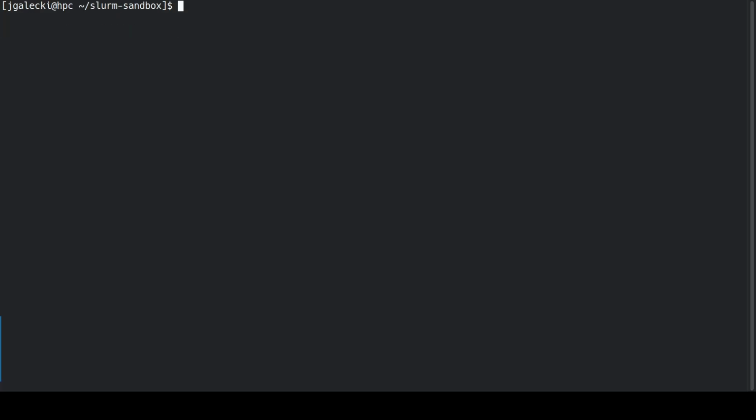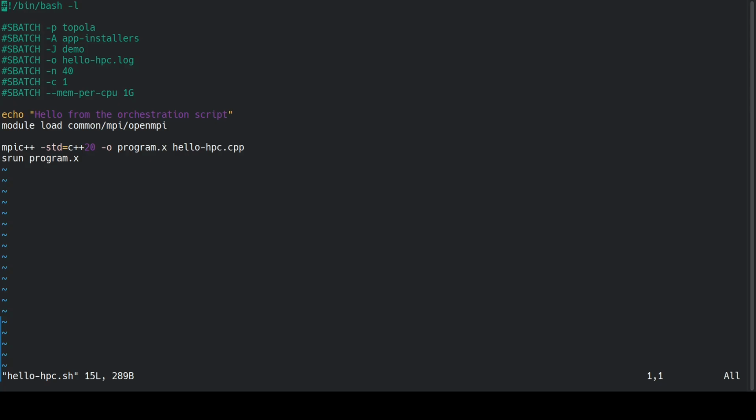Let's now move on to batch mode, which is the main way that you should be submitting your computational jobs. To perform the tasks which I just showed in batch mode as opposed to interactive mode, I must first prepare a script which will be submitted to the scheduling system. Here, I have prepared a simple script called hellohpc.sh. Once I submit the script, it will be executed on one node from the granted resource allocation, and then